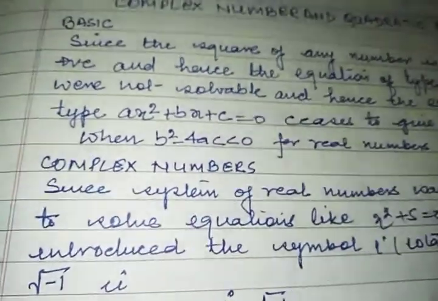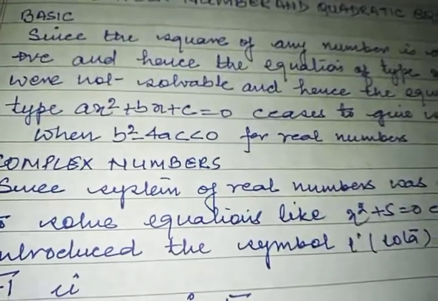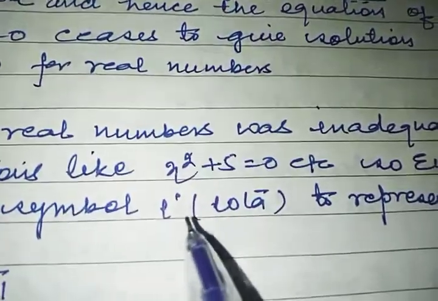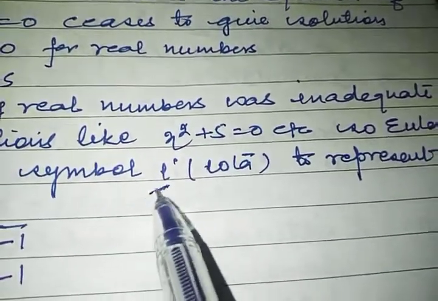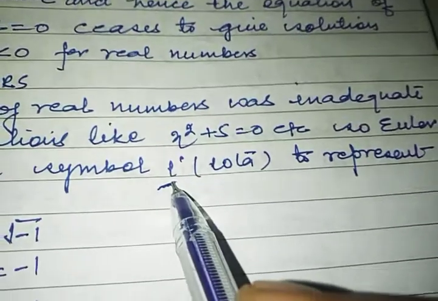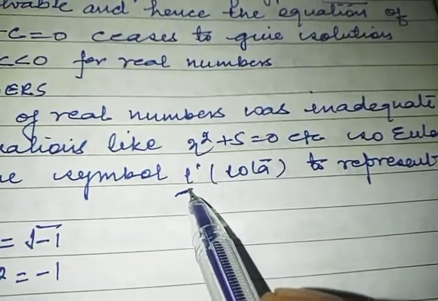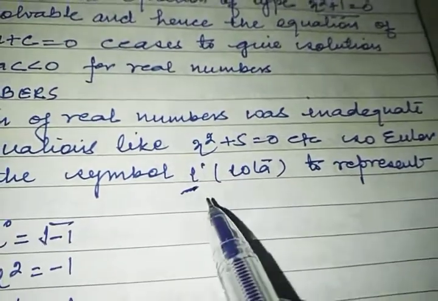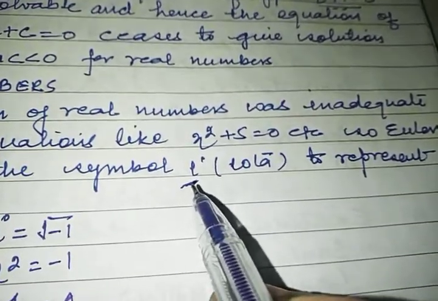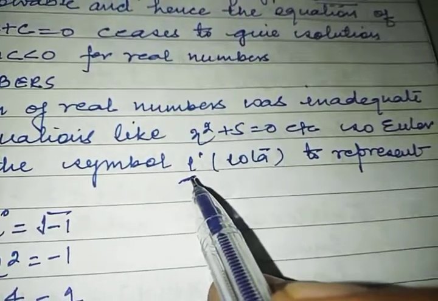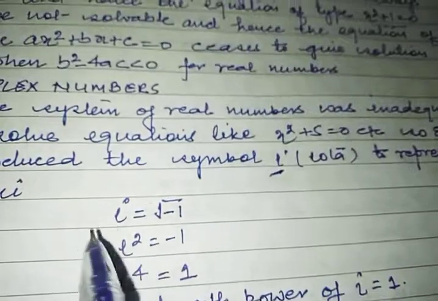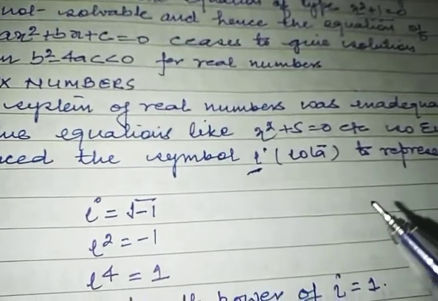So what happened, it was Euler who first introduced iota. Iota means your i. Okay, this i symbol, he was the first to introduce. So he went beyond the set of real numbers into a new system, the complex system. There he involved this i, known as iota. The credit goes to Euler, where he defined i is equal to under root of minus 1.